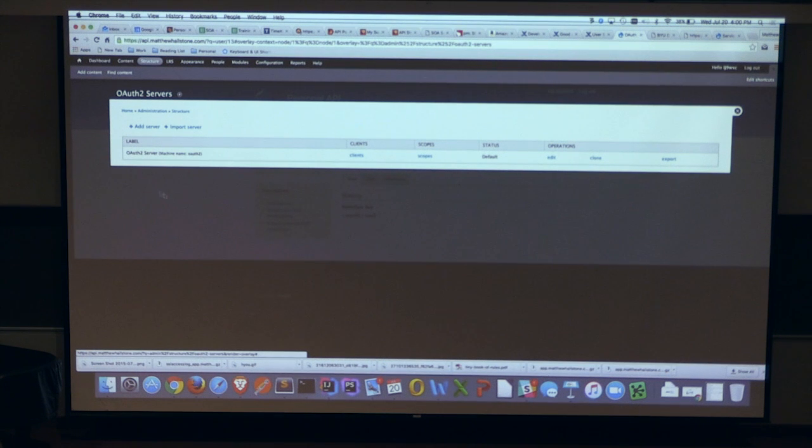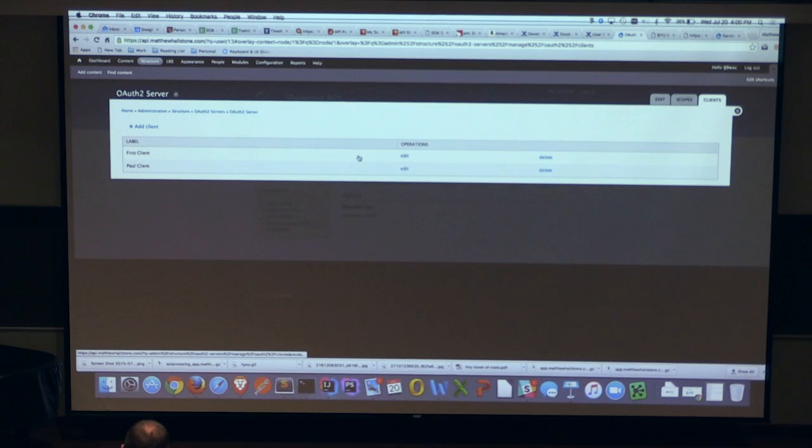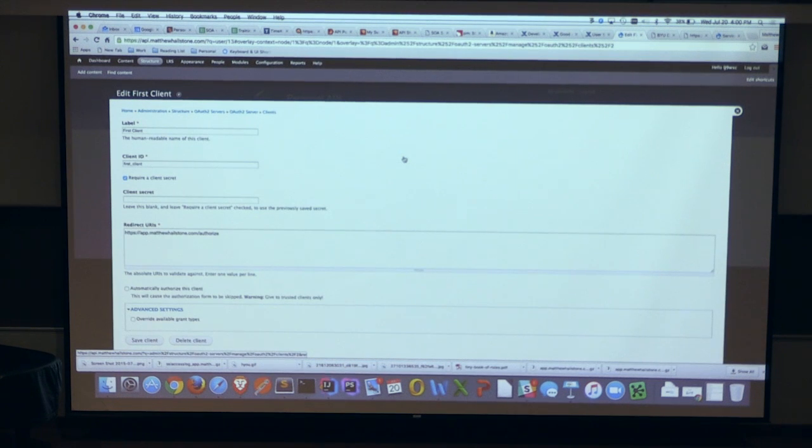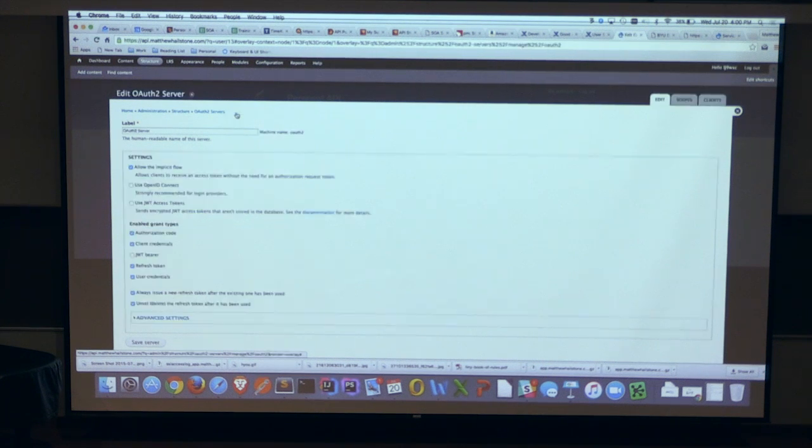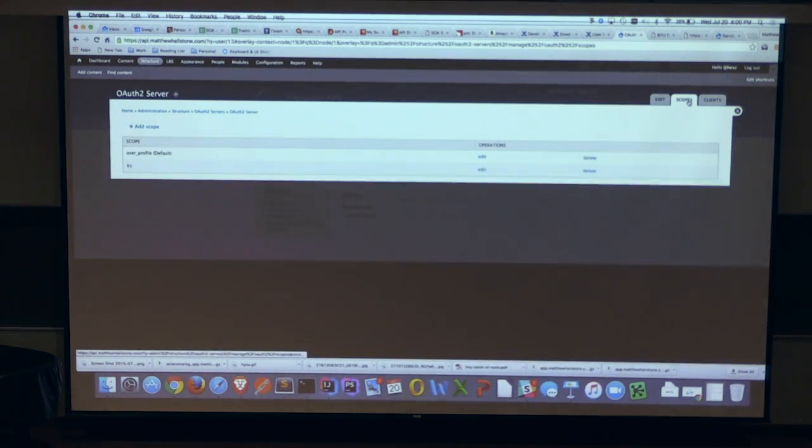So I go in and define a client. I have this first client that I've defined, with my client ID and a redirect URL as part of OAuth, and scopes that I define, like a user profile scope.